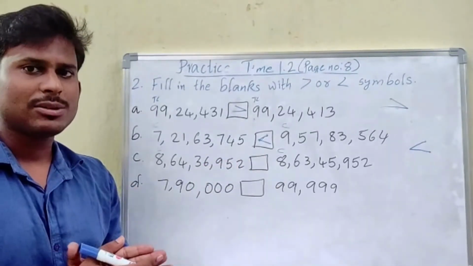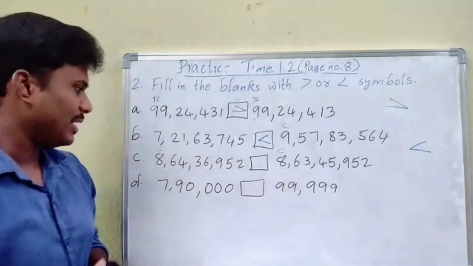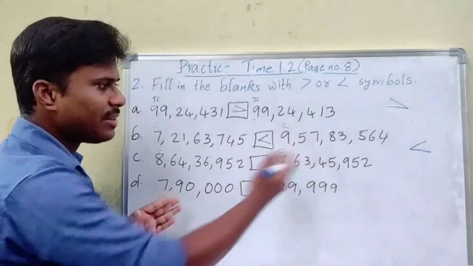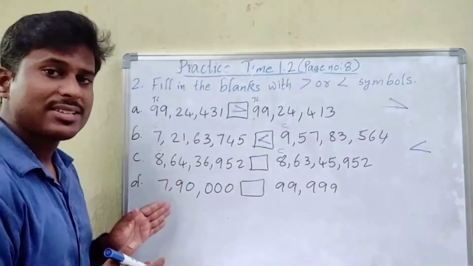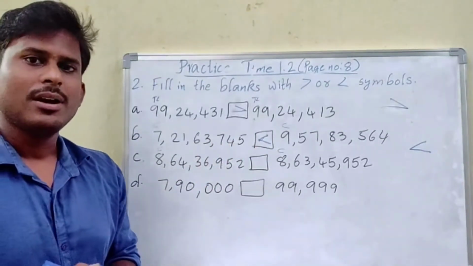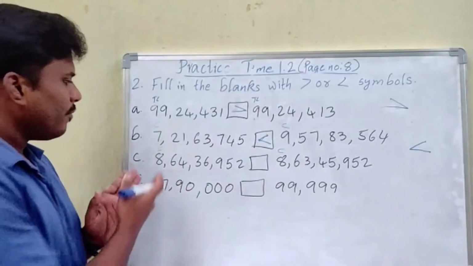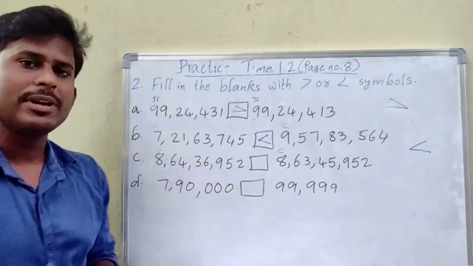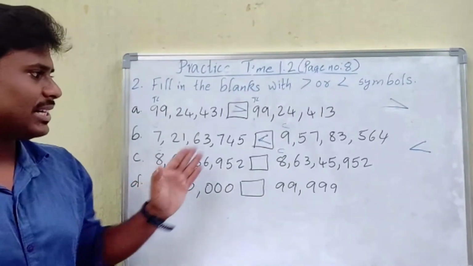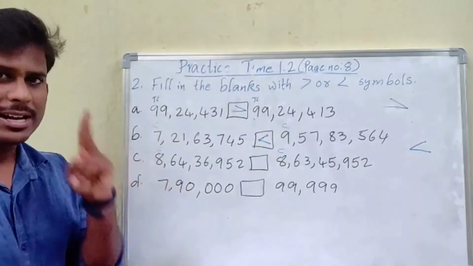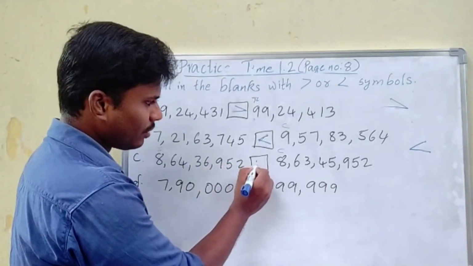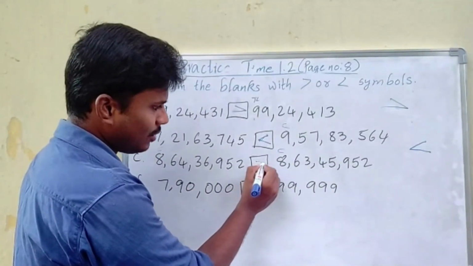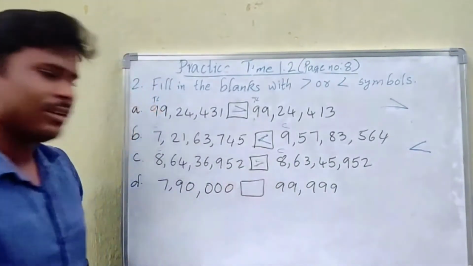So when this is also the same, we have to go for the next place. In the next place, the lakhs place, we have 4 lakhs, and in this number 3 lakhs. Is 4 lakhs greater or 3 lakhs greater? Obviously 4 lakhs is greater. So this number will become greater. This number is greater than this number. So the greater number I will give 2 points, and the smaller number only 1 point. Now, is the greater than symbol formed or not?